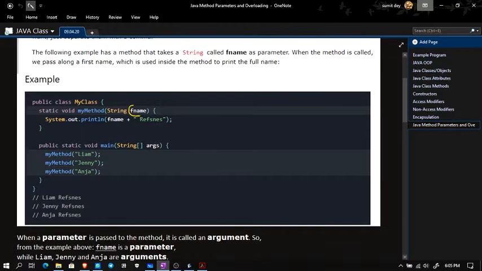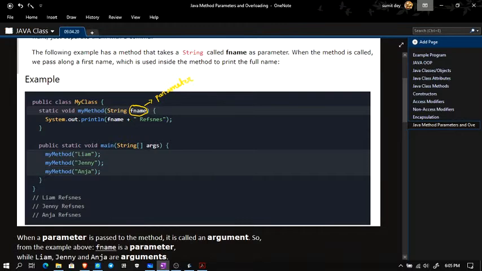So the variables that are defined in the function signature itself, this particular variable here is called a parameter,